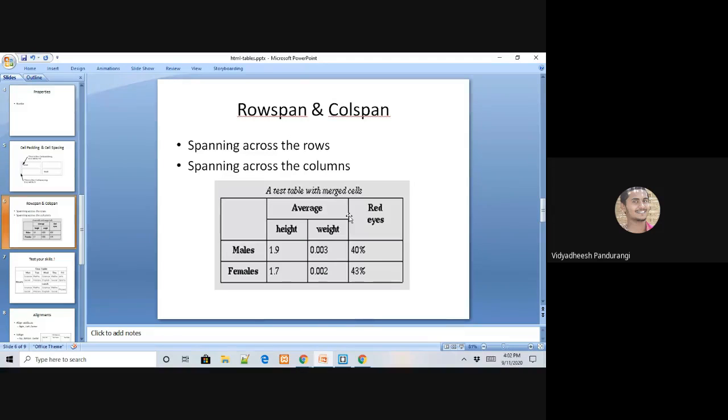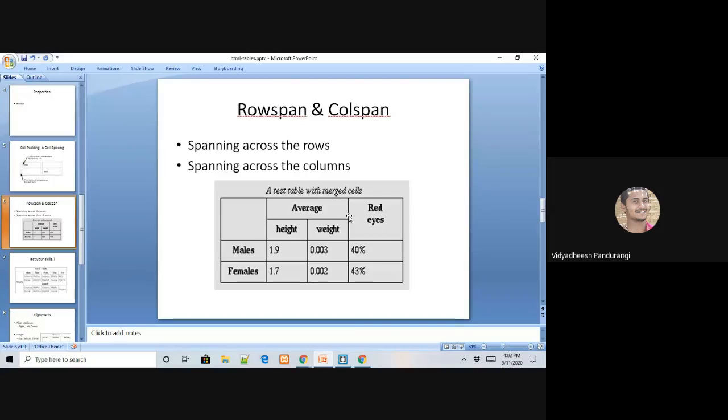There are 2 different blank cells which are merged. I hope you understand the terminology merged. Yes. Right? So 2 cells are merged in the first block. Okay. And in the second section, what is happening? There we have clubbed 2 columns. There we have merged 2 columns together and we have written the content as average.